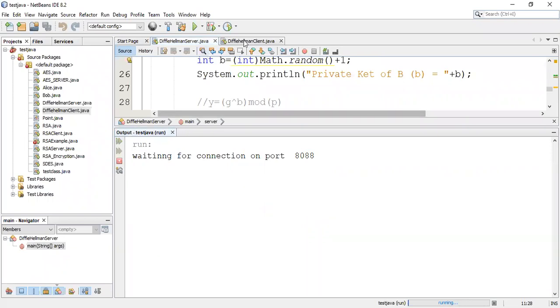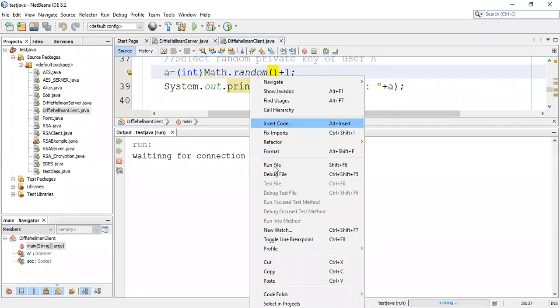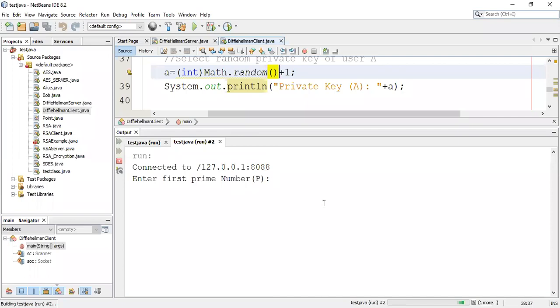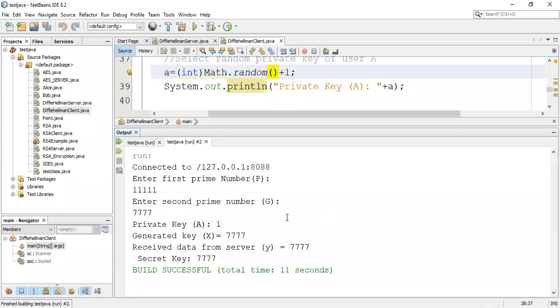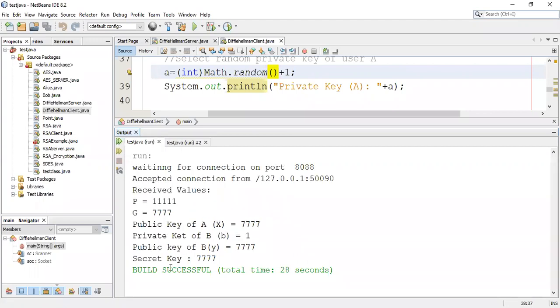Just have to run the client also. Okay, these are my numbers. Second, I have considered any number, so 1, 4 times 7. Okay. So see, what are the keys that I have generated? So that is my key or secret key.